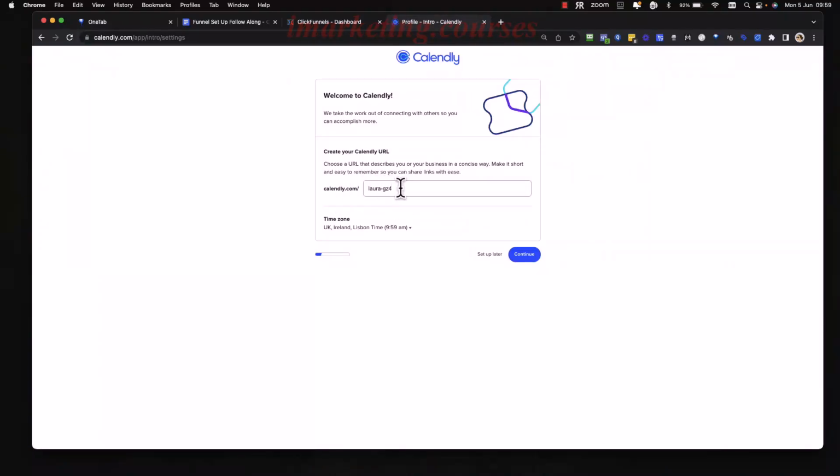Okay, this is where you create kind of what your Calendly link would look like. It doesn't matter too much, but you might want to make it look obviously a little bit prettier. You will be restricted as to what you can use. Somebody else might be using it. So if I put Laura Weston, it's not available. Somebody else is using it. But I could put,